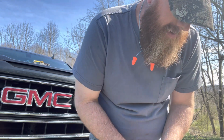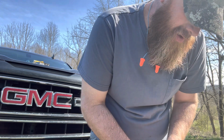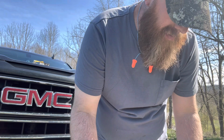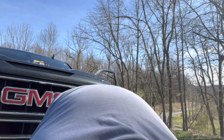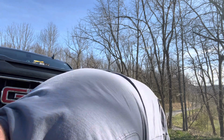I think Cody's 1 3/4 ounce shot best out of my gun. 1 5/8 is pretty darn good. I believe the 1 3/4 ounce and the 1 5/8 are both good out of my gun. The 7/8 didn't do quite as good. Let me get them lined up here and show them to you. Well, before we do that,